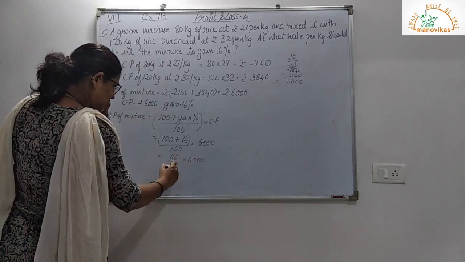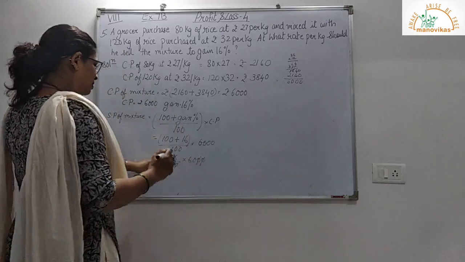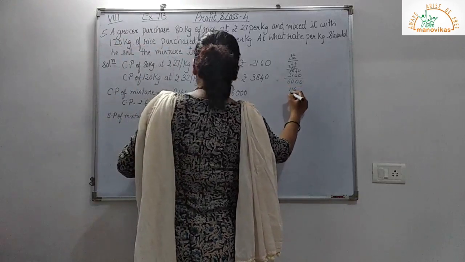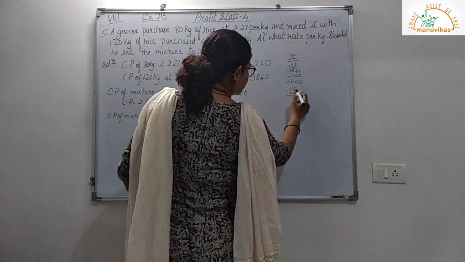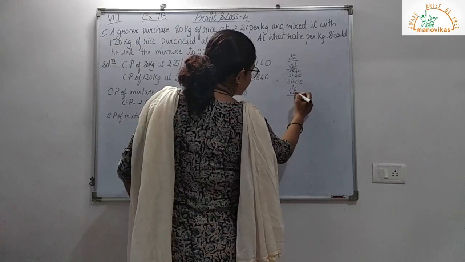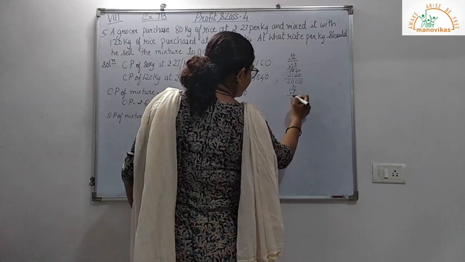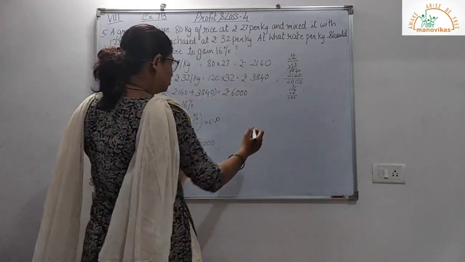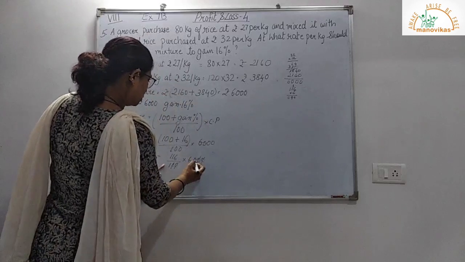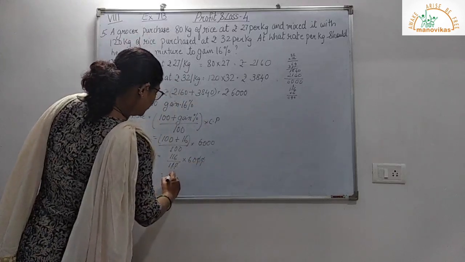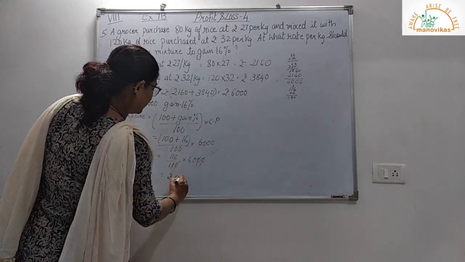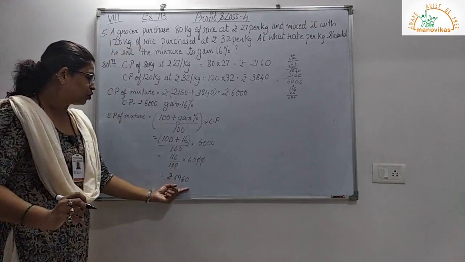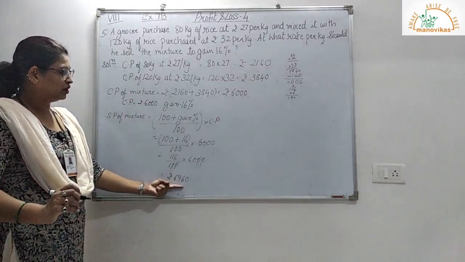So I'll cancel these zeros here, this also over here. Now we can multiply this. So we get 116 into 6. So we get it as 6 6s are 36, carry 3, 6 1s are 6, 7, 8, 9, 6 1s are 6. Okay, and we have one more 0 over here. So we get it as rupees 6960.